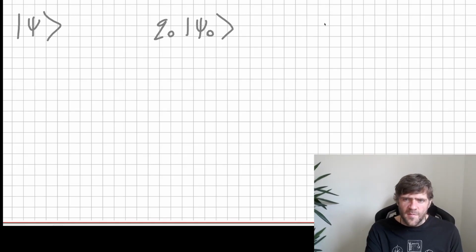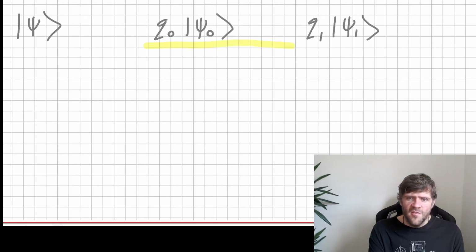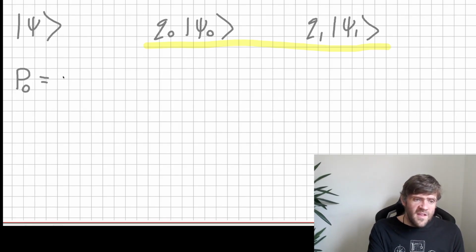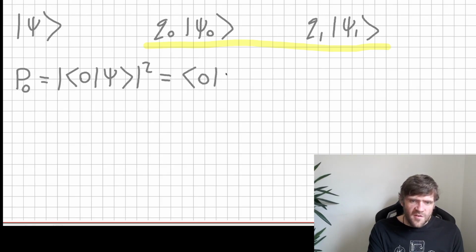What if our friend gives us some state psi naught with some probability q naught and psi 1 with some probability q1? What is a mathematical object which represents those two state vectors and a classical probability distribution? Well, for this, let's pick a specific case, which is that we want to find the probability that we get the outcome 0 when we do a computational basis measurement. So this probability is the magnitude of the inner product of the state representing the 0 outcome and the state representing our system squared. So this can be written as that inner product multiplied by its complex conjugate,